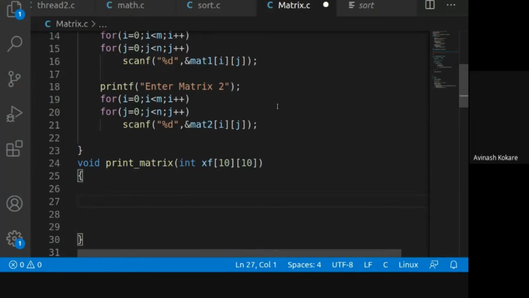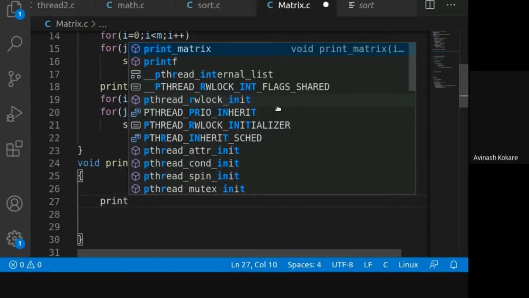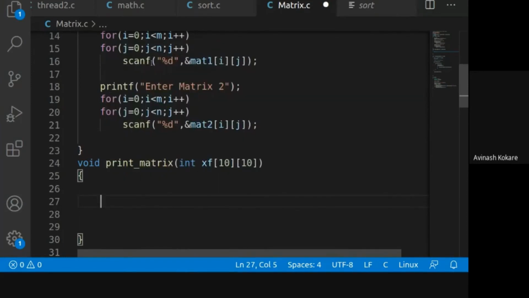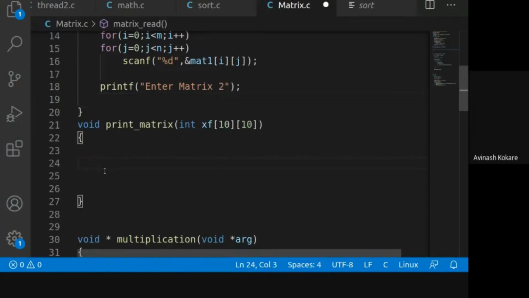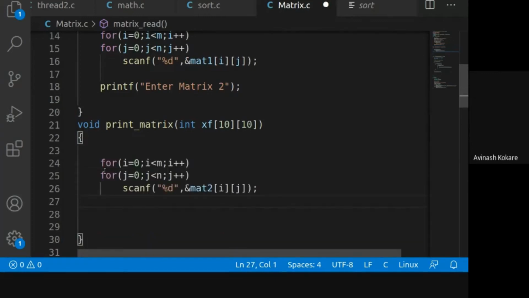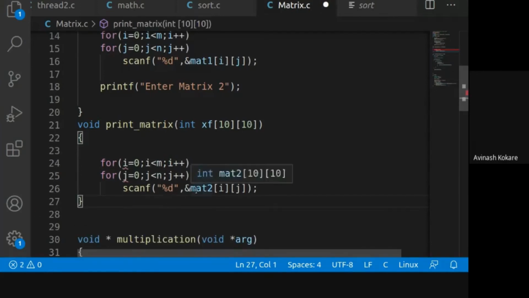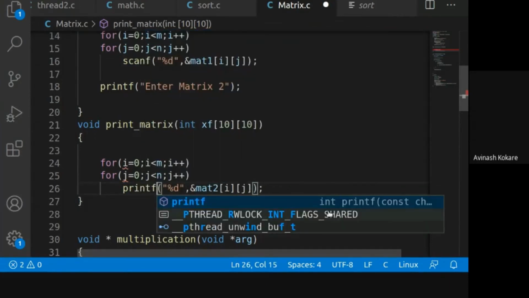And what you will do here is printf, or don't print anything. We will simply copy this. So what you have to do here is change this scanf %d to printf.